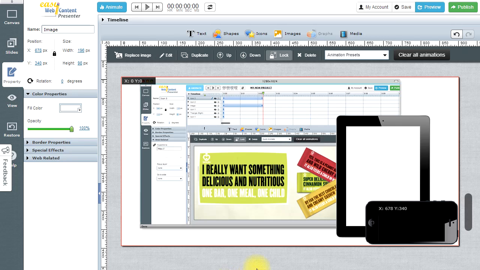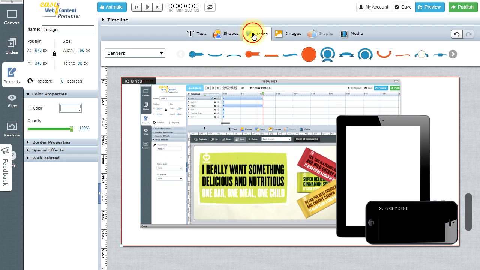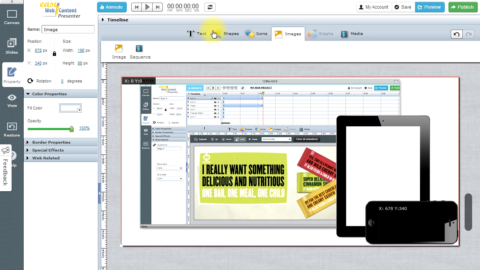Here's a quick overview of the EWC Content Presenter interface. The application is simplified into a couple different areas. The top panel is where your assets are. That's where you can click on any type of category of objects and elements and then just drag and drop